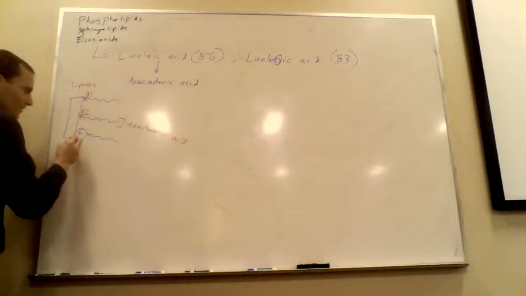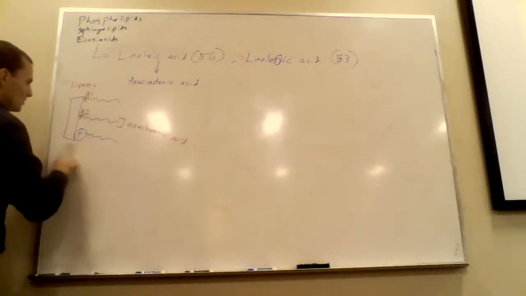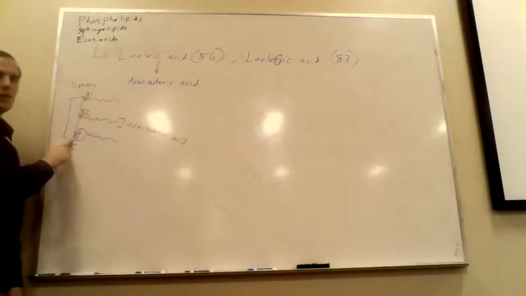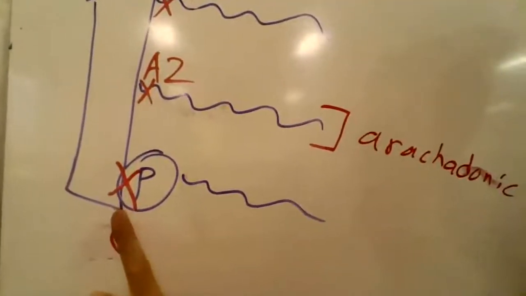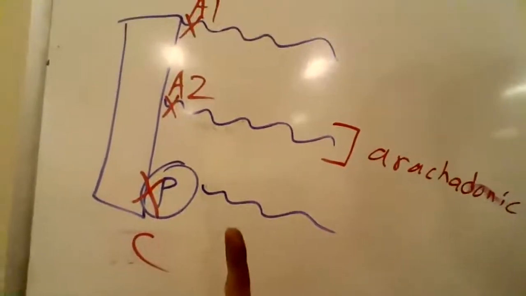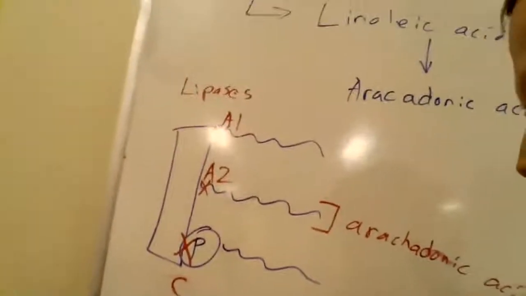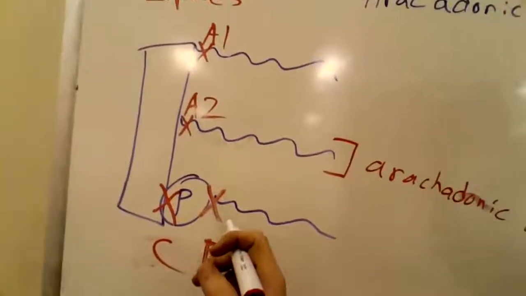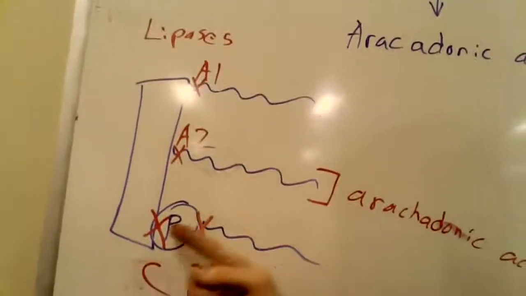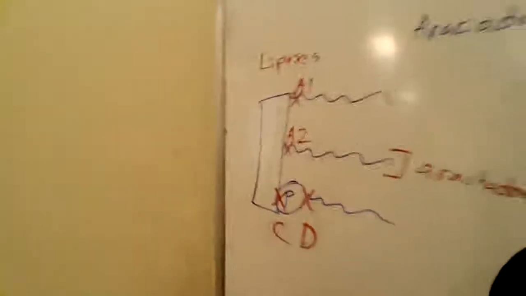And then our next one is going to be C. Oh, geez. C, which will cut right here. Now, I'm going to go ahead and move you guys a little closer so you can see this. Ha ha ha, pun not intended. You can go ahead and take a look. It's cutting before the phosphate. So you'd cut off the phosphate and the phospholipid. Our last lipase is just called D, and it cuts off after the phosphate. And so then you would leave the phosphate on the glycerol, where the fatty acid is then allowed to fly free by itself. Those four, A1, A2, C, and D, are the family